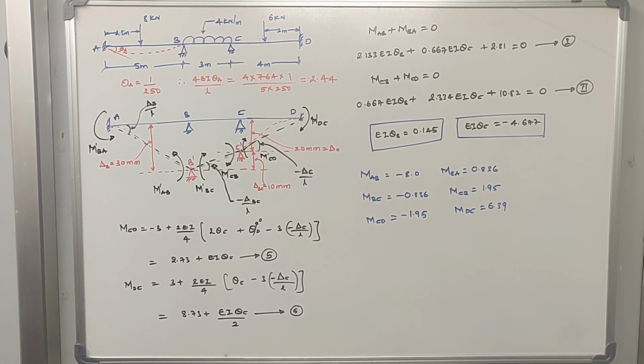Okay, so these are the solutions that I got. I have verified with the solutions that were given to me by the same student, so they are very close. There is a small change in the decimal values which you can ignore. Now this problem I have solved by slope deflection. I would like to solve the same problem using the moment distribution in the next video.